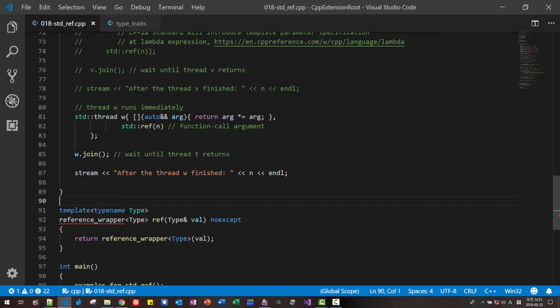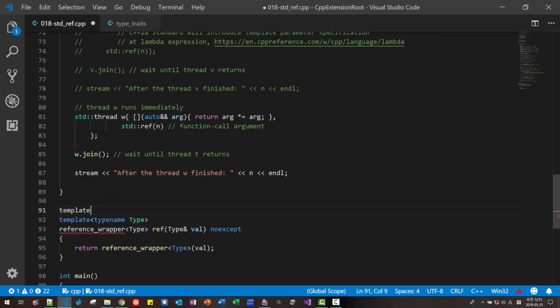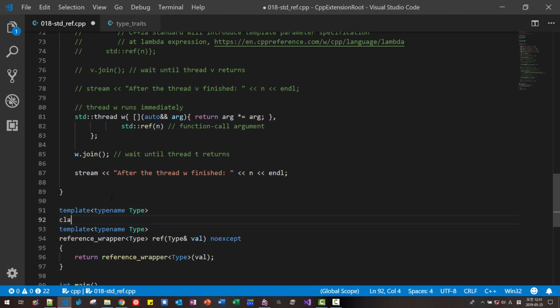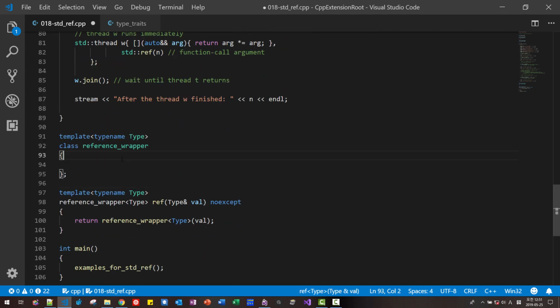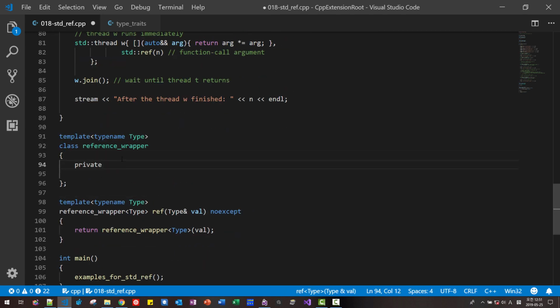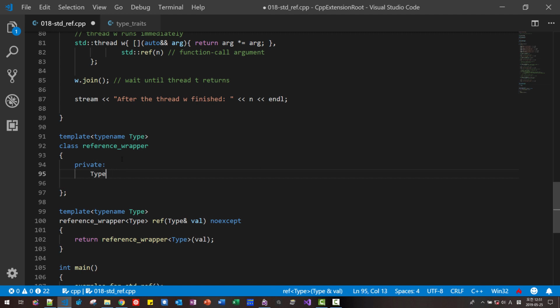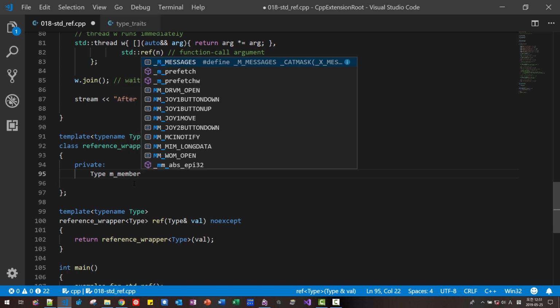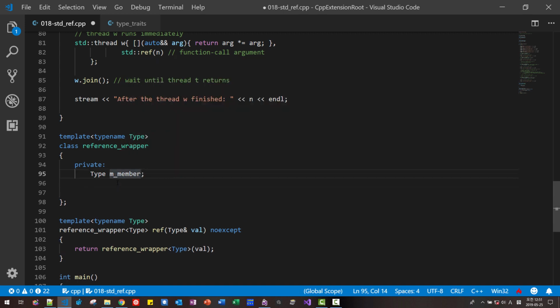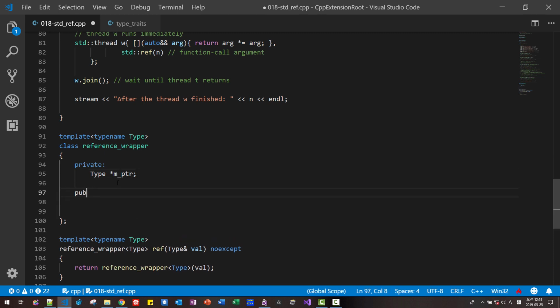We create template typename T, class reference_wrapper here. Private. It has a type T member, I would say, a pointer. Basically, I would just say mptr like this. Then public,